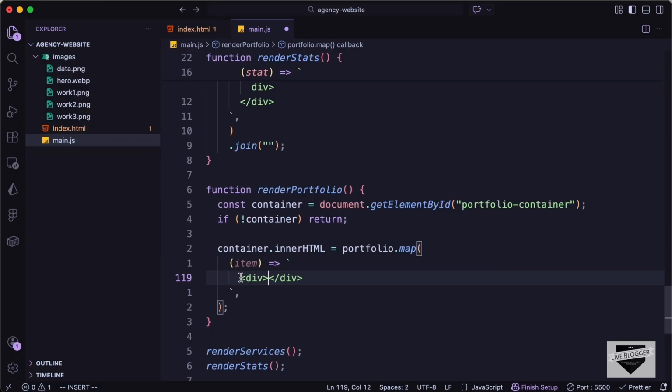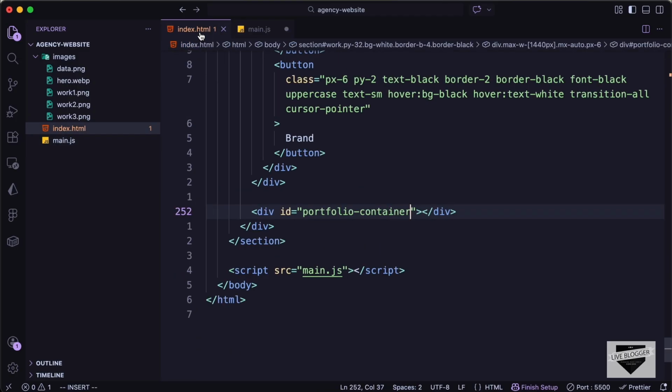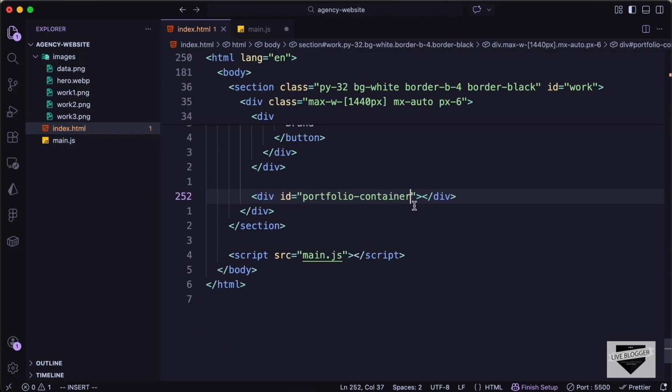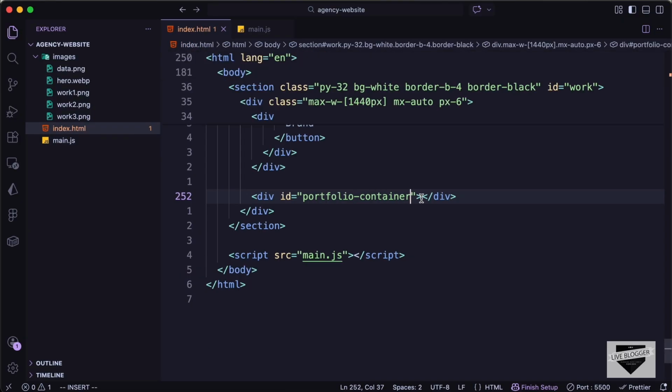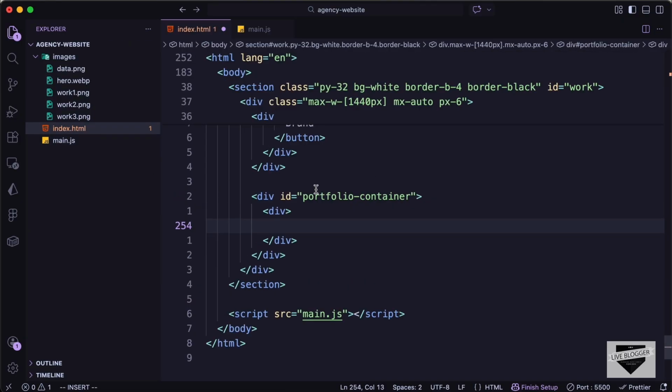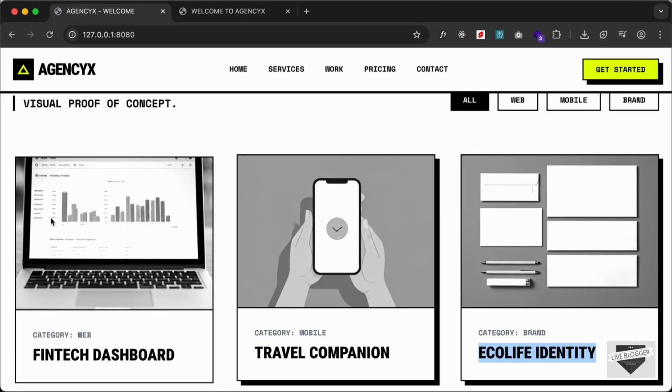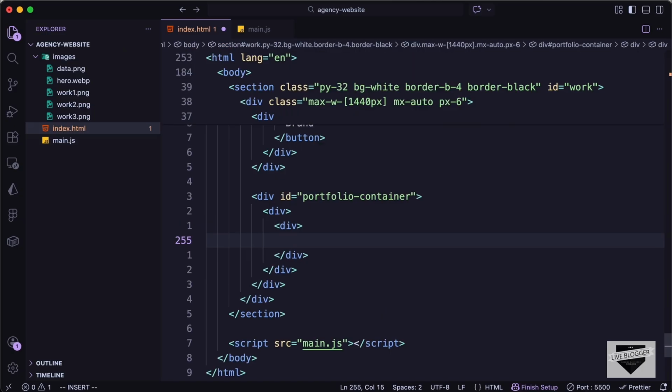Now we need to add some classes to this div and we need to see how it looks. So first of all, let's create the div over here, and later we will copy and paste that div inside the JavaScript. So first let's go over here and let's create a div, and in this div we need to first of all have the image. So let's create a div for the image, and in the div let's type img. Here let's type images/work1.png,